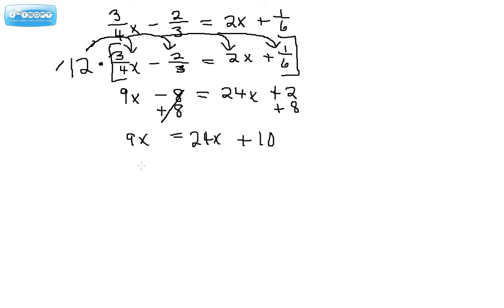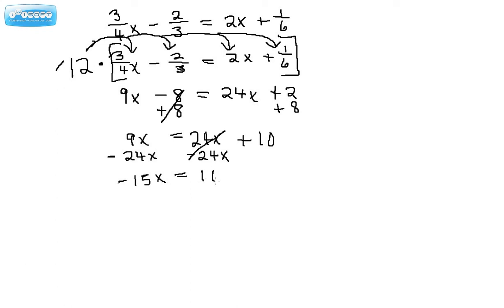And now I want to get my variable term off of the right side, so I want 24x to cancel. And this is a positive 24x, which means it's added. So let's subtract 24x from both sides. And the one on the right cancels. And now I have 9 minus 24, and that gives us negative 15x